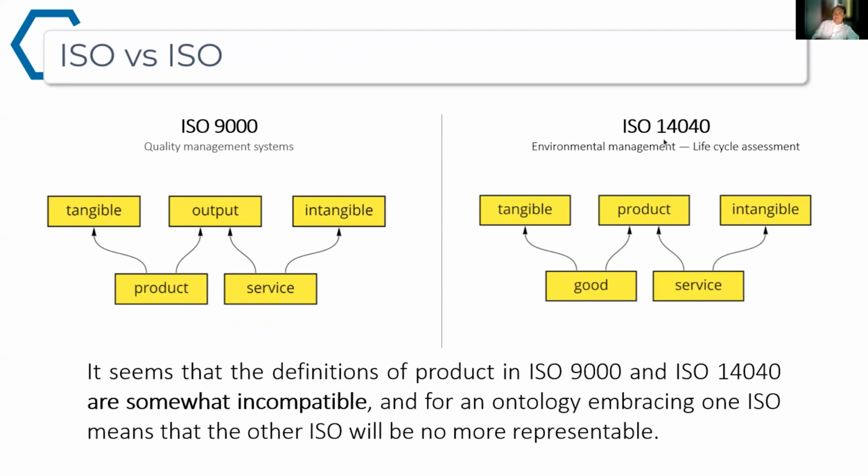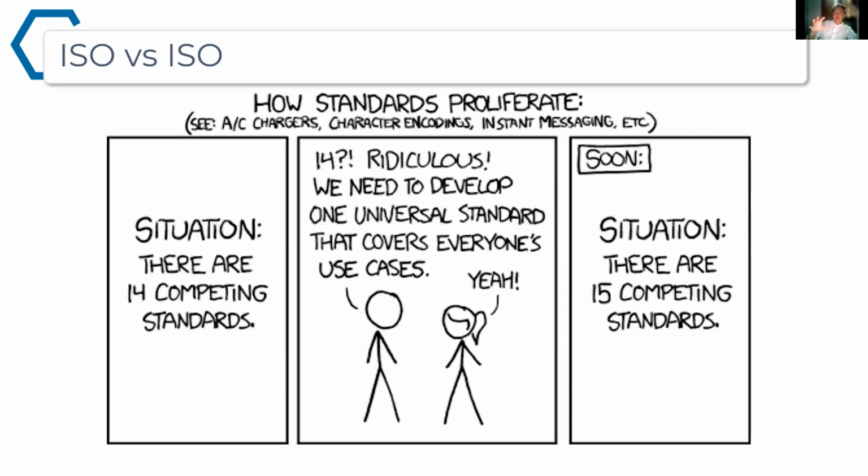While in the ISO 14000, you have the product that can be a good or a service, for example. And so a product can be tangible or intangible. So as you can see, there are problems that should be addressed when you want to create a univocal representation. And this is usually because standards proliferate